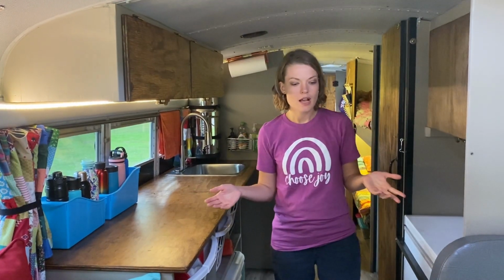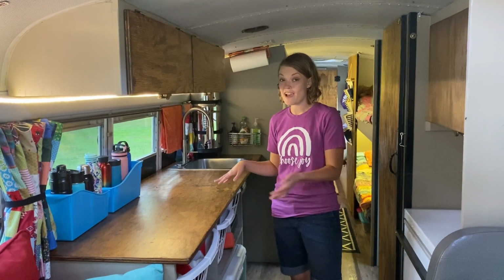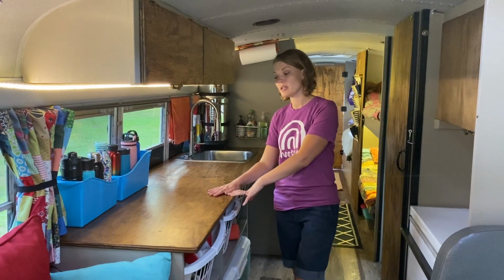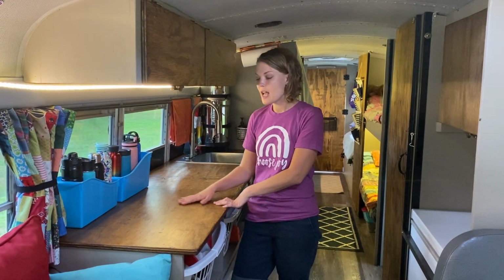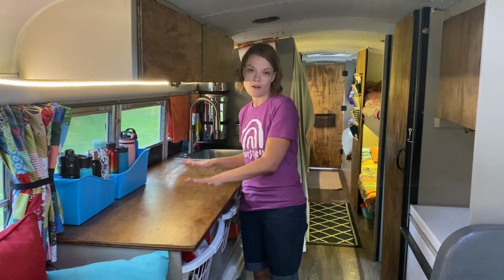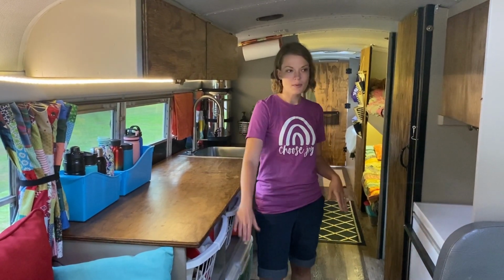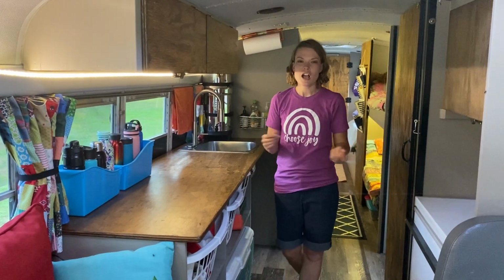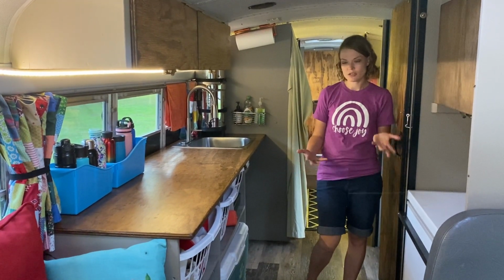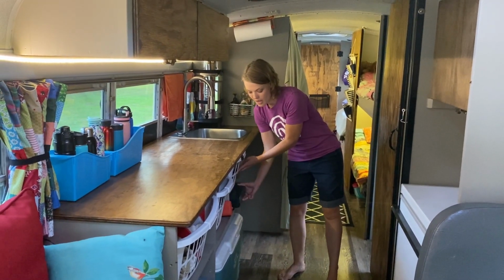So one thing that you'll notice that we don't have, besides the fact that we don't have a refrigerator, is a stove. We really wanted to have a lot of counter space, because when we're cooking for 7 people, it takes quite a bit of space, and when we're making sandwiches, whatever. We wanted counter space. We didn't necessarily want the stove and the oven. That was going to take up a lot of our storage space, especially when we're on the road. We're not really doing a lot of baking, so we're just using mostly stovetop. So we decided to just stick with a Pullman propane camp stove